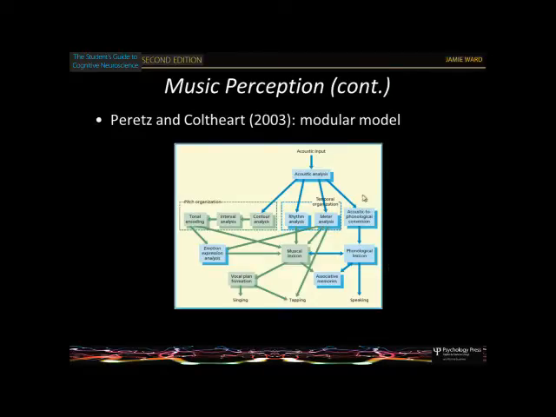So here you've got your acoustic signal, your basic sound. And the idea is that you represent different aspects of the sound differently. So one broad division is between pitch versus temporal organisation. So pitch is how high or low tones are. So something like Frère Jacques has a certain kind of up-downness to it. But you can play Frère Jacques either in a high pitch or a low pitch, and it would still be Frère Jacques. It's the patterning that makes it Frère Jacques, right?